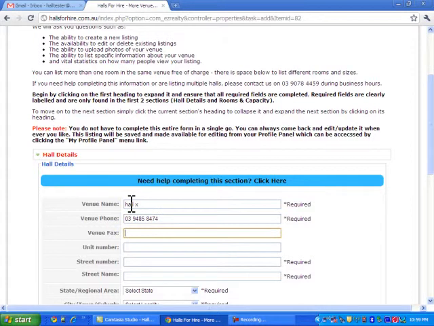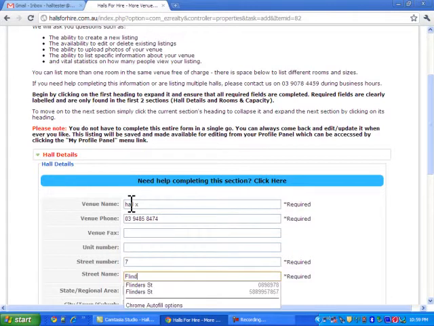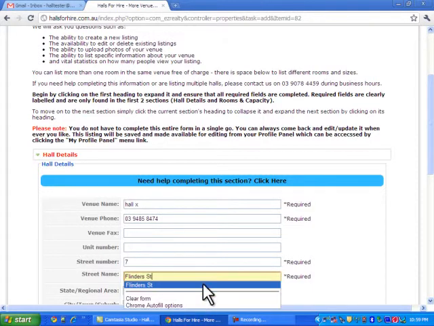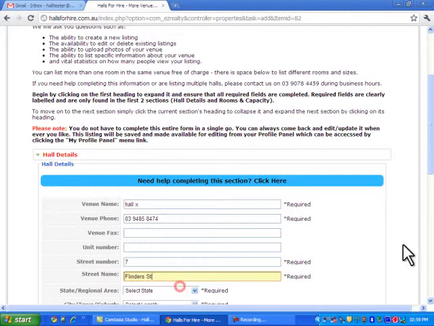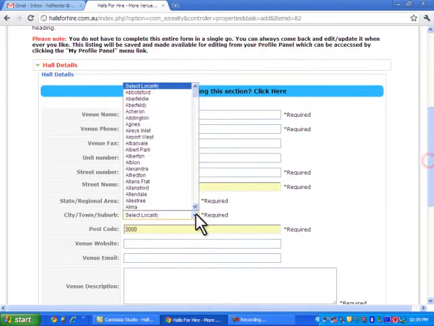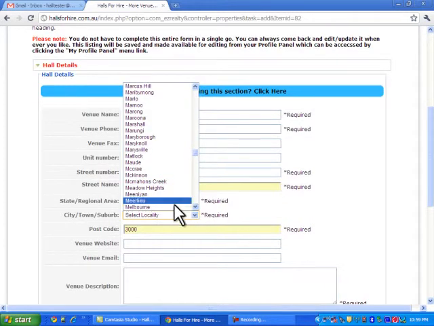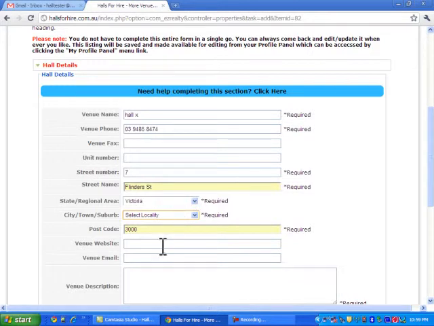fax number if you have one, your address. Let's also say Flinders Street, that's the number, let's say 7 Flinders Street in Melbourne. You can start typing and it will find it for you. There it is, 3000. If you've got a website, an email address, type it in there and type in a